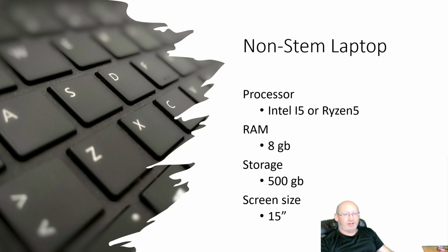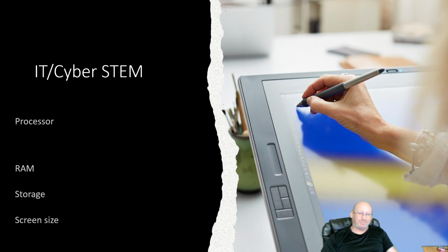All right, now what about our STEM laptops? Well, now I'm talking IT and cyber. For those that know me, my pathway is cybersecurity. I teach a lot of IT and cyber courses. And so this is where parents kind of have a shell shock, right? Because a lot of the things that we're talking about that you're going to need are pretty robust and they can get pretty expensive. And with that said, I want to point out that you are going into a STEM